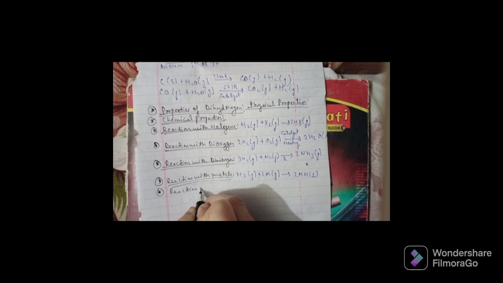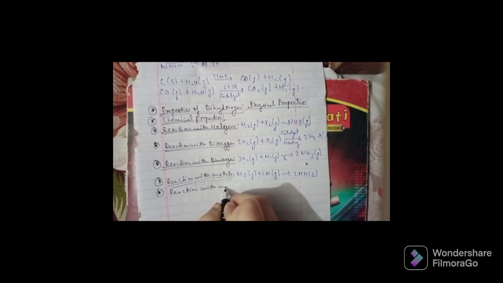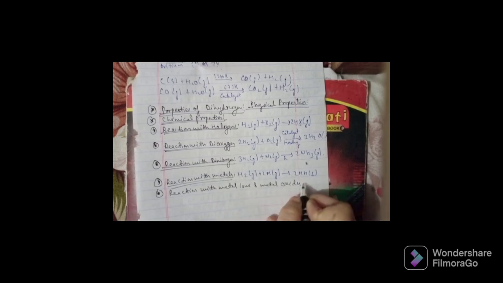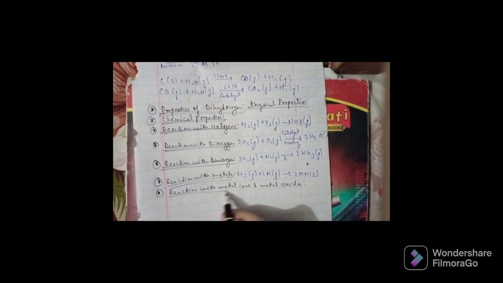Reaction with metal ions and metal oxides. So here, it reduces some metal ions in aqueous solutions and oxides of metals less active than iron into the corresponding metals, and what will be formed is